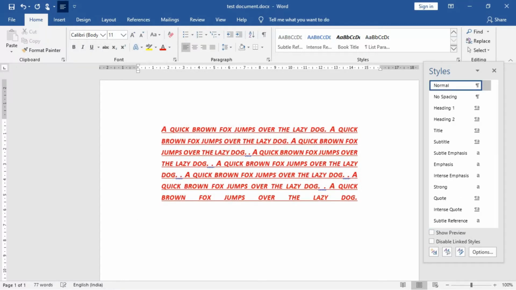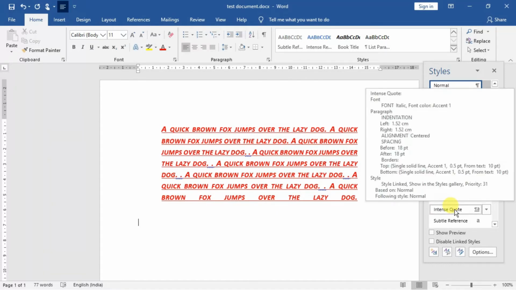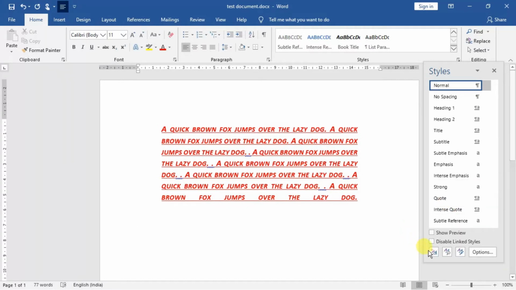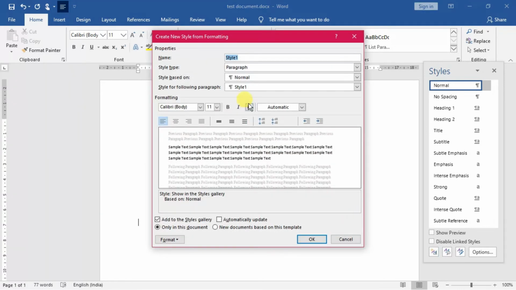This style I want to save in my name. So how will you save it? Next is create new style. We have done it. Every time you are creating a new style, there is a button at the bottom of the styles pane. Here you can see the new style button. You can click over here and choose the new style. The name you can give out here; say I am giving the name TIGPS.